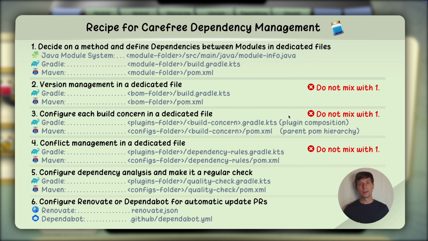In the next episode, we'll get back to the dependency management topics and look at how the build tools help you to discover and resolve conflicts between third-party modules. And we explore in which cases you need to do some custom configuration for this and how to do that in Gradle or Maven.